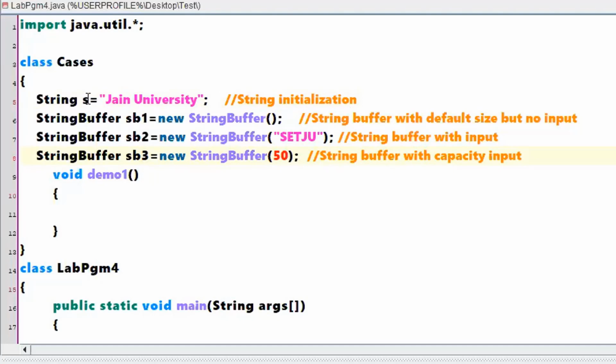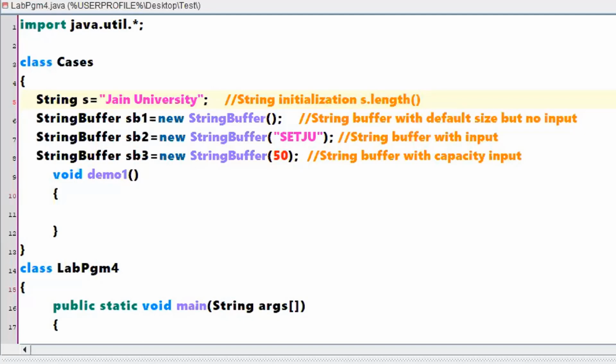Now, if I ask about the length of S, what will be the answer? What is the length of this particular Jain University? How will you find the length? You will be writing S dot length, right? This is how you find the length of this particular string S. So what is the output of this S dot length method?